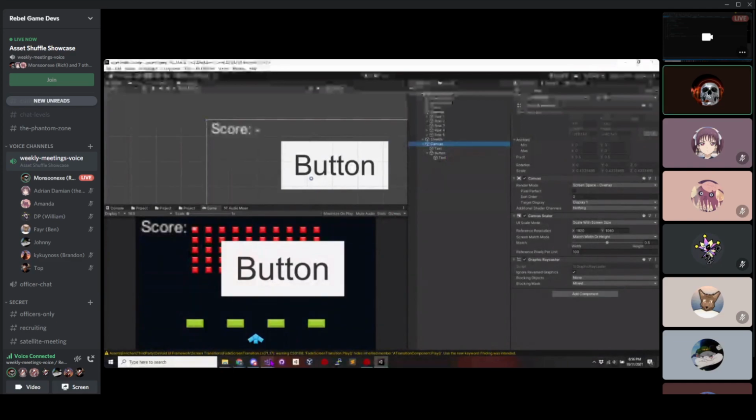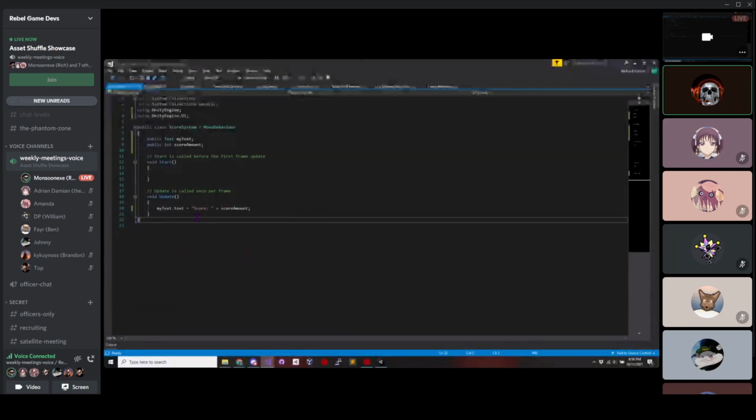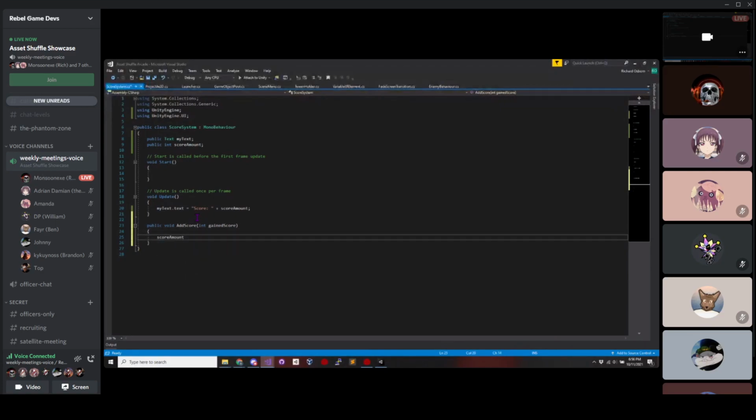So now let me get to my score script, and we're going to say add score. This is like, you kill an enemy, you get 5 points. So this is like new, I don't know, score. I'm fantastic at naming things. Gained score. So we do score amount plus equals gained score